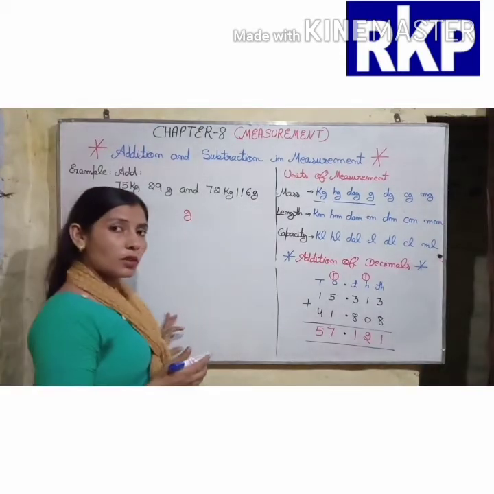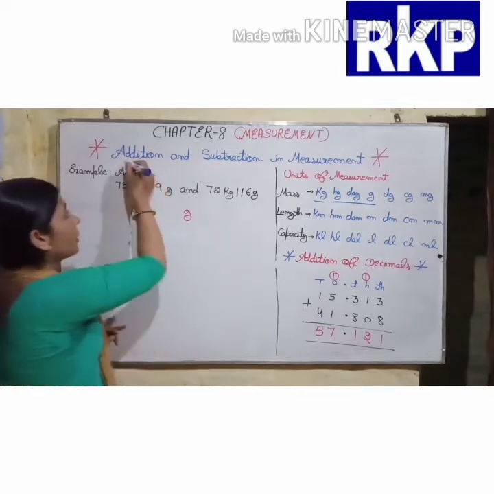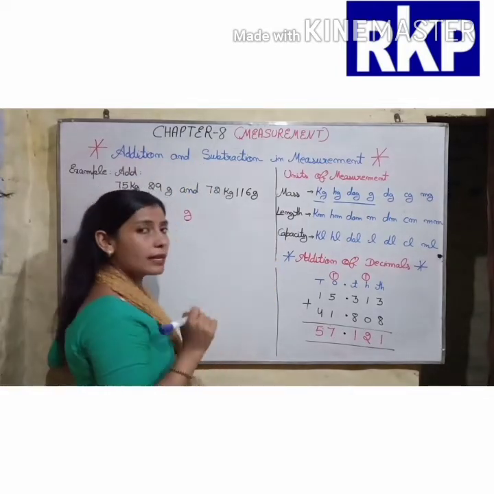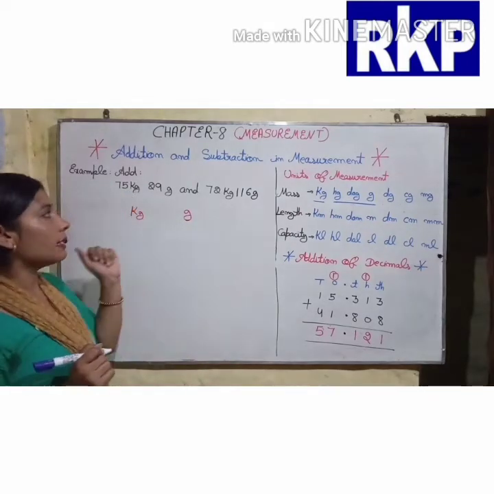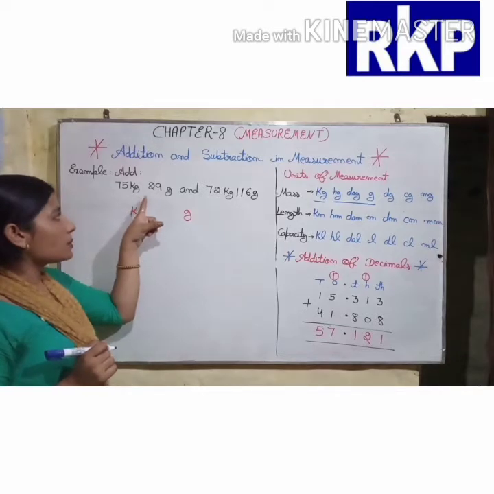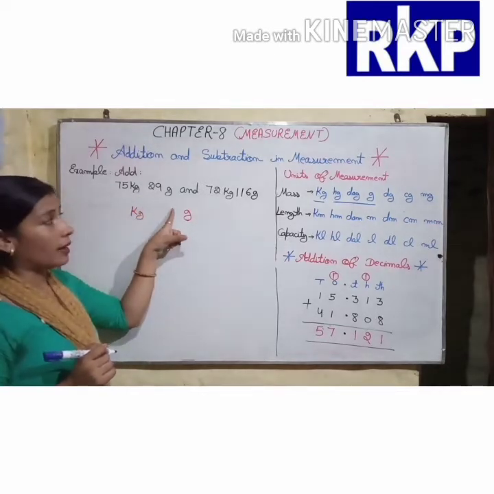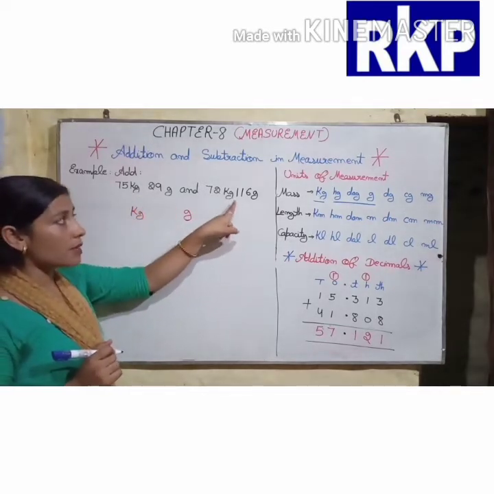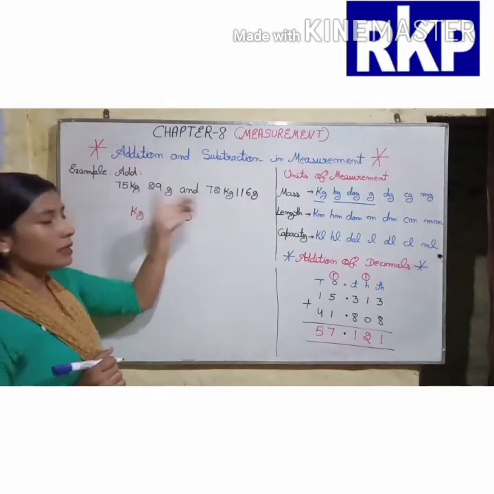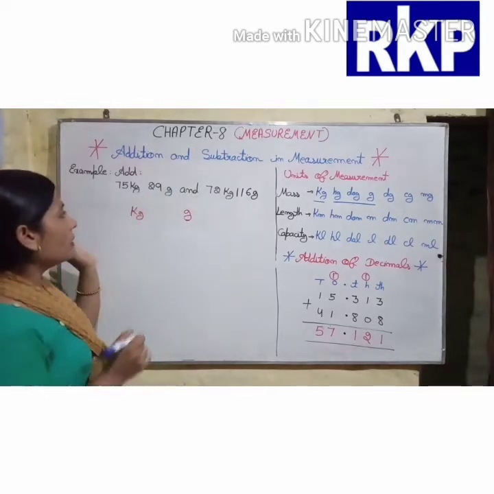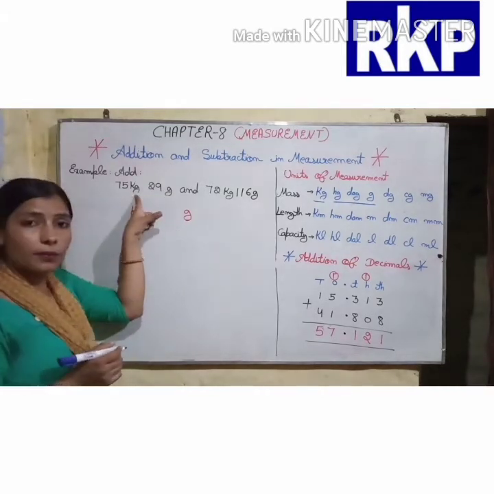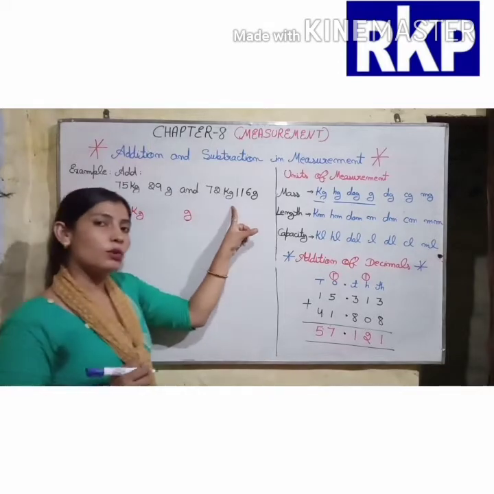Students, today we will discuss addition and subtraction in measurement. Now let us take one example to understand it. Here I have written 75 kilograms, 29 grams and 72 kilograms and 116 grams and we have to add these. Now beta, here you can see we have two units, kilogram and gram,